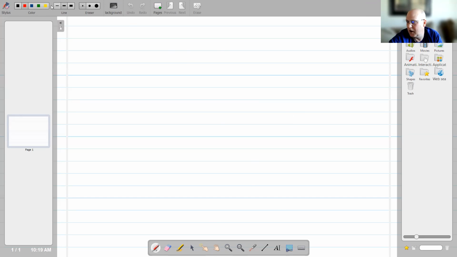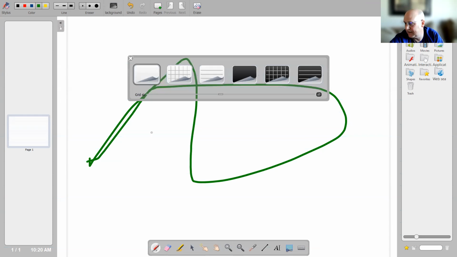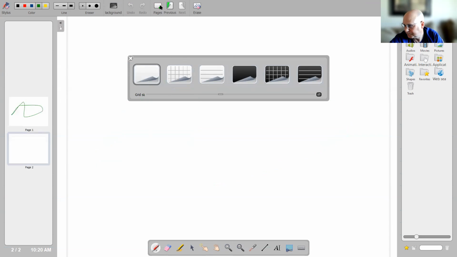We have multiple colors across the top. I have different thicknesses of line, and I have different circles. So I can change it to green with a big line, and I can go ahead and draw on here. The cool thing about this is if you're doing a Zoom session, whenever I'm all done, I can do extra pages, I can change the background, I can get rid of this so it's on white. I can add additional pages if I want to.